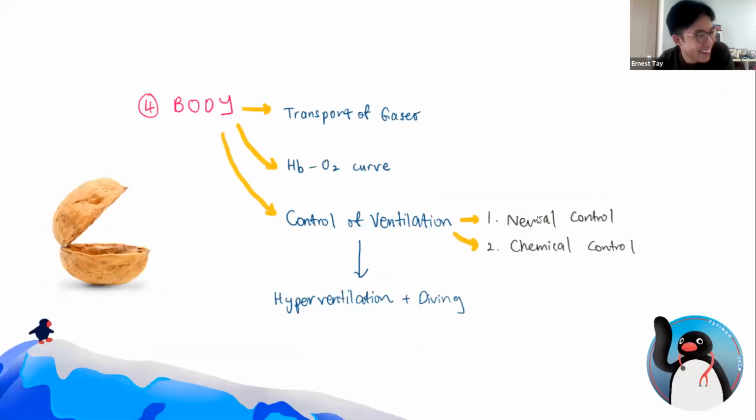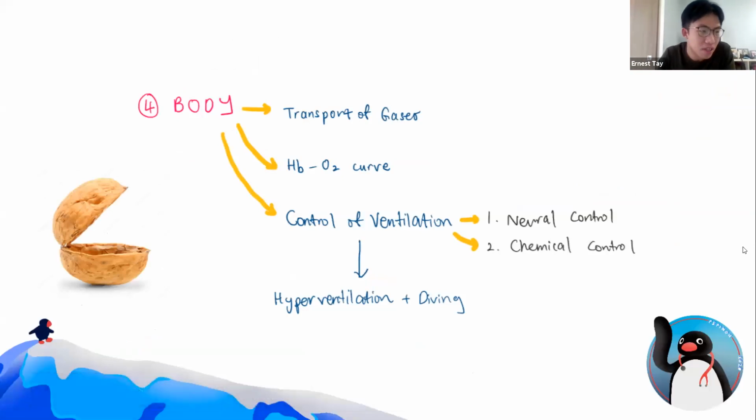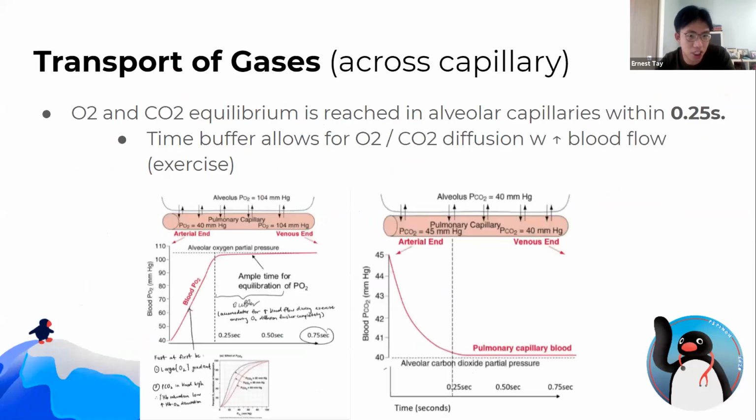Okay, right. So now I'll be moving on to the body part of RespiPhys. And really, there are a few things I want you to know. So first up will be the transport of gases. If you imagine across the alveoli and the capillary, what this slide is basically trying to tell you is that diffusion happens very, very quickly